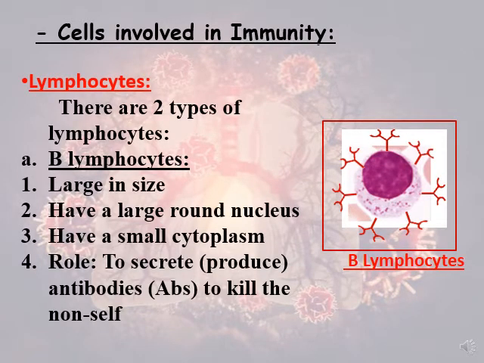Now let's move to the lymphocytes. So first we talked about the monocyte. We said that the monocyte has a horseshoe-shaped nucleus. They can cross the capillary wall. They can flow in the blood vessels. They mature into macrophages, and they have a role in phagocytosis, meaning that they can eat